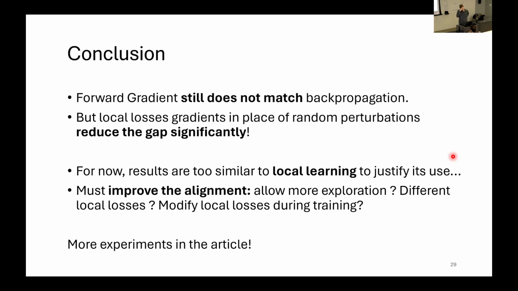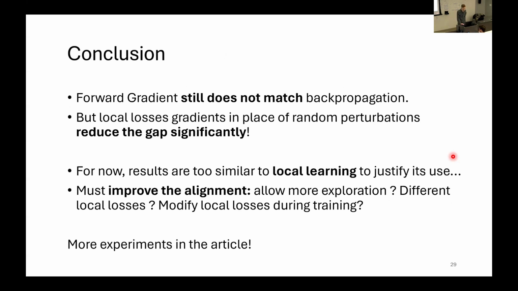The conclusion of what we showed is that forward gradient still does not match backpropagation, sadly, but you can very, very heavily reduce the gap if you stop using random perturbations and start using guesses from local loss gradients. This helps have a consistent alignment with your end-to-end gradient,